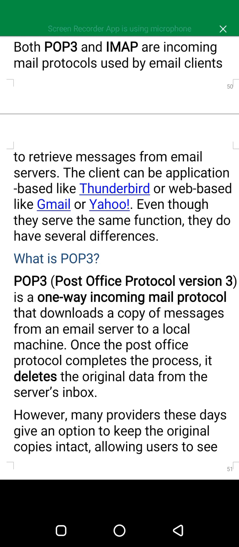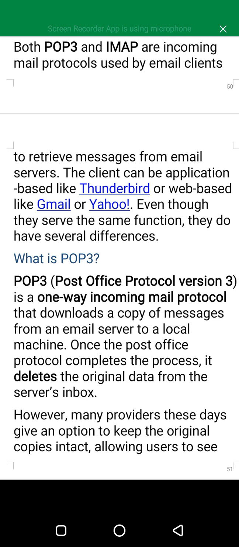If something passes over the internet, it is web based. If something is static on a computer or can be installed on a computer, it becomes application based software. Even though they serve the same function, they do have several differences.